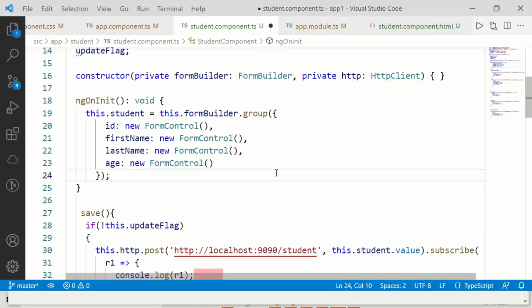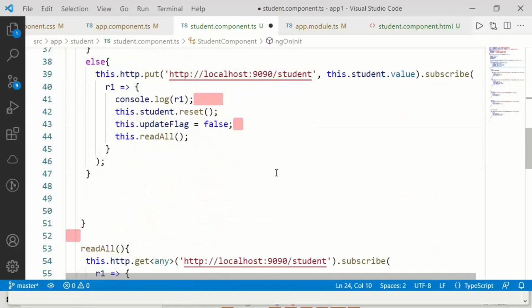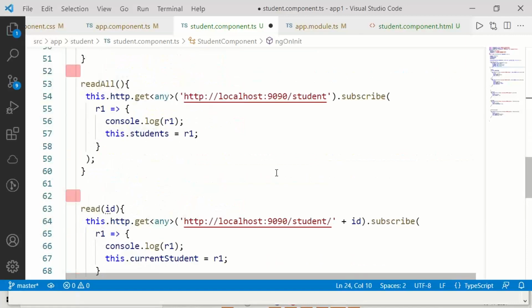Now, students array. The results of get mapping, we are assigning to the students array.